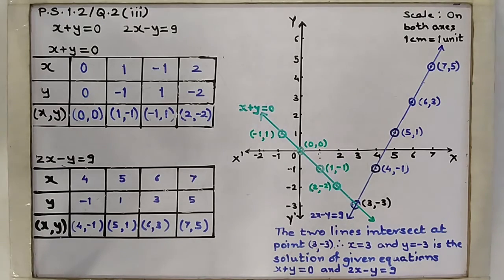Now we have got all four points, so we'll plot them on the graph paper. First point is 4, -1. X coordinate is 4 and y coordinate is -1. The x coordinate is positive and the y coordinate is negative, which means the point is going to lie in the fourth quadrant. See over here.